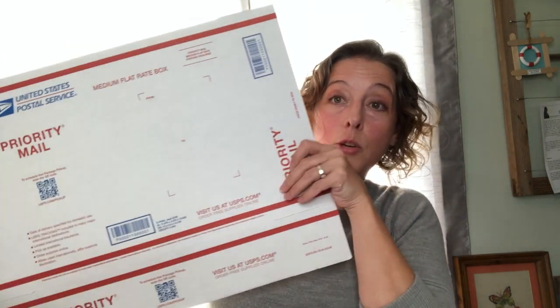But again, you can get two different styles. You can get the rectangular medium flat rate, or you can get the square medium flat rate. I personally like this one better. I can fit more in it. I don't know why. It's supposed to be about the same size, but I can definitely fit more in this